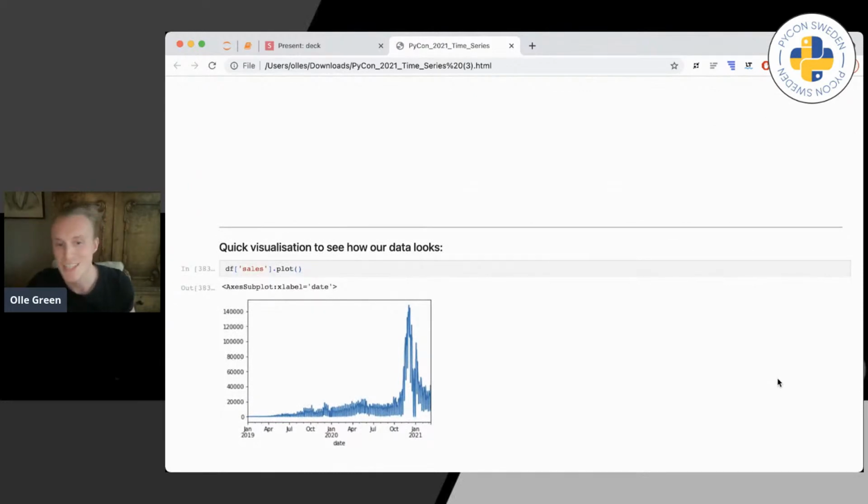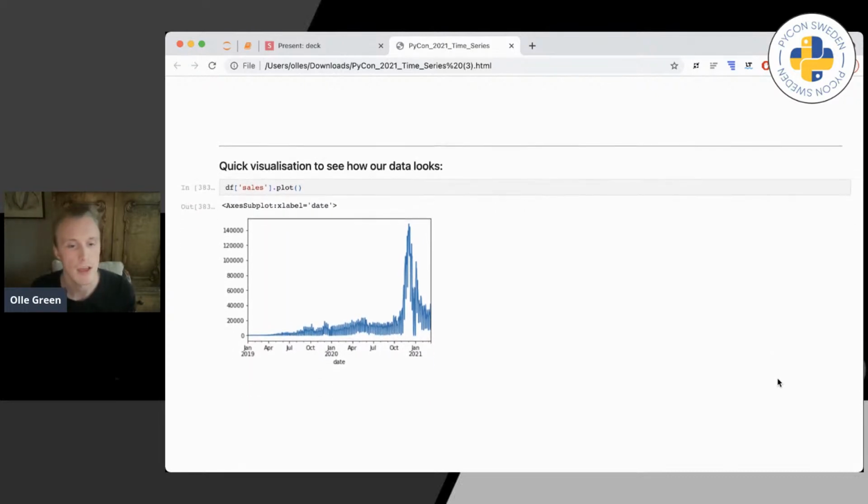Now, we want to get a general gist of how our data looks. So we do a quick visualization here and see that we have a very, very odd looking time series graph. But to decompose it a bit, it seems to be something that has maybe monthly or weekly seasonality, but by the looks of it, it goes up and down, up and down. It's not a very clear line all the time. And then we see a very big jump in the December month of 2020. And then we see a bit of a jump in the December phase of 2019 as well. It's much smaller here on the picture, but it seems to be a little bit of a bump here.